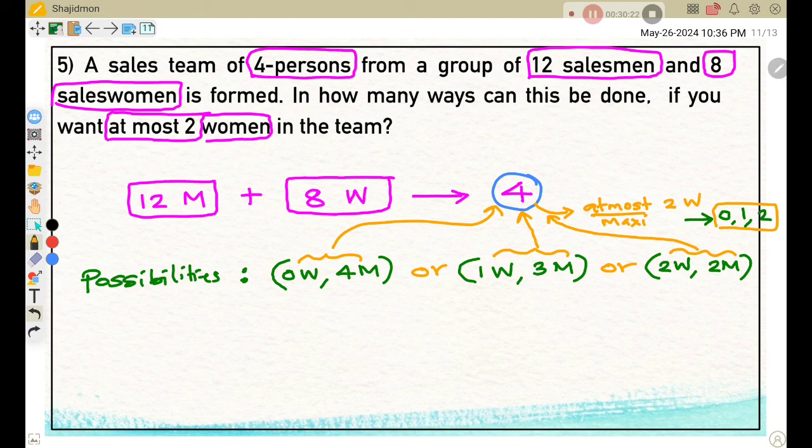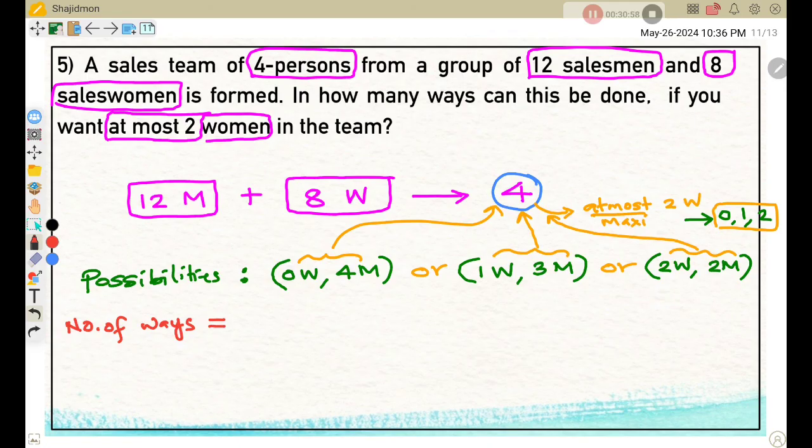So whenever you get a question like this, a committee forming question or team creating question, okay, combination, you always need to write the possibilities. What are the possibilities? At most means maximum that number, so maximum 2. At least means minimum that number. For example, at least 2, then the numbers are 2, 3, 4, 5, 6, like that. Okay, so keep this in your mind. Now I am calculating the number of ways, the total number of ways. So number of ways equals